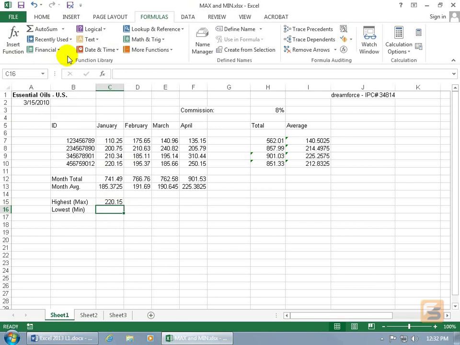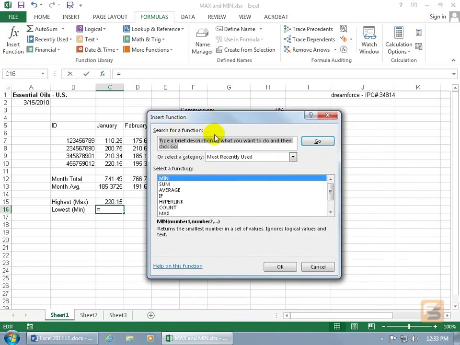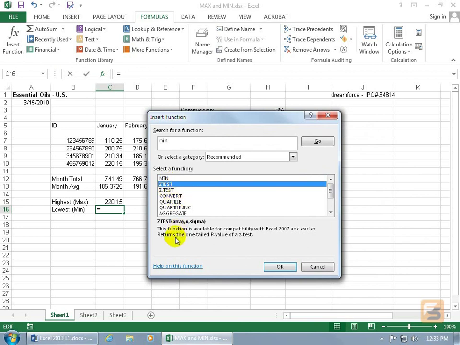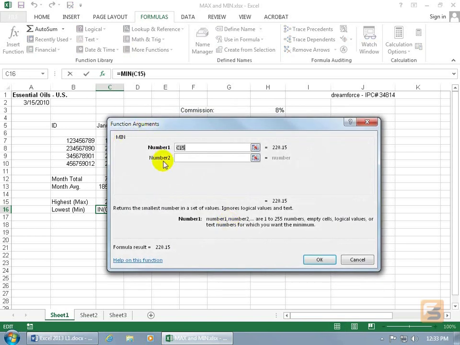And you may say to yourself, well, wait a second, the equals is just the simplest and fastest way to go. Yeah, for functions that you're familiar with, but if you want to learn something new and you're not sure about it, then clicking on the insert function button to open up the insert function window and then type in the function that you are not too sure about, and let's say it's min, then go ahead and click go, and it's selected down below, and whatever you select down below will give you a synopsis. You can say for min returns the smallest number in a set of values, but it ignores logical values and text. So we can go ahead and click okie dokie, opens up the function arguments, and it gives us more